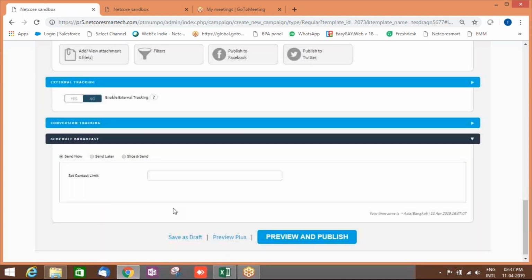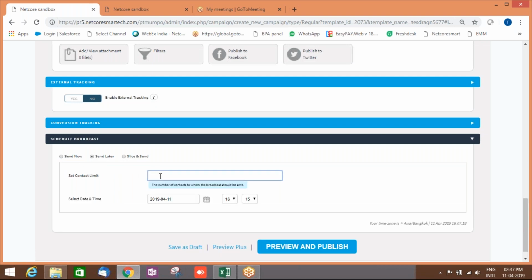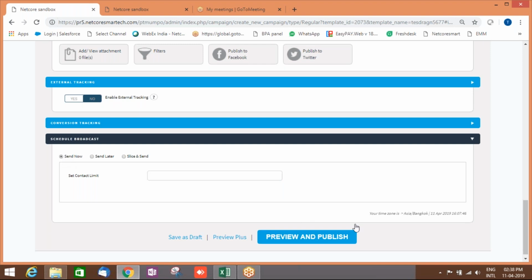And then we have the schedule broadcast activity, where you can schedule the campaign in one go, or you can send it out later in multiple chunks. So if you have 1 million data and you want to send out, let's say, 50,000 in the morning, 50,000 or 30,000 in the evening, and the rest in the night, like that. You can put that count over here and shoot the campaign only for those particular customers, which will be randomly picked. And then you can send it straight away and do a preview and publish,